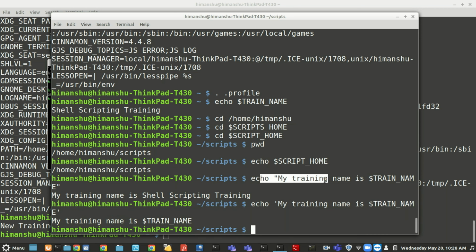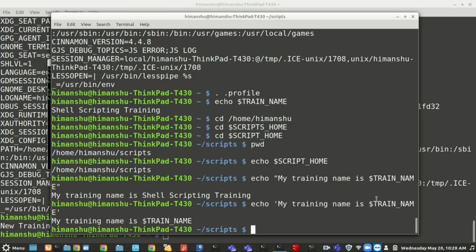That is very important whenever you are working with variables, whether I have to use double quotes or single quotes. So good practice is always try to use double quotes only. Single quotes will many times give you problems, so always best is double quotes, so that in case some variable is there, it will replace it and print.